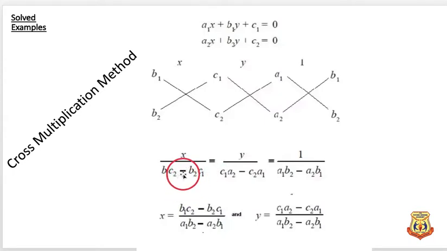Now, if you have any difficulties with this, just simply remember x by BC minus BC, y by CA minus CA, 1 by AB minus AB. Forget about the 1, 2, 2, 1, 1, 2. These all things you forget. Don't need to do the cross multiplication which I have said. Simply write x. After that in the denominator place BC minus BC, CA minus CA, AB minus AB. This is one trick I am talking about. And then you will write 1, 2, 2, 1, 1, 2, 2, 1 subscripts. Got it?